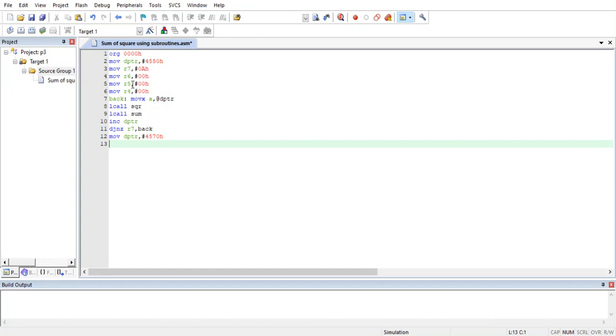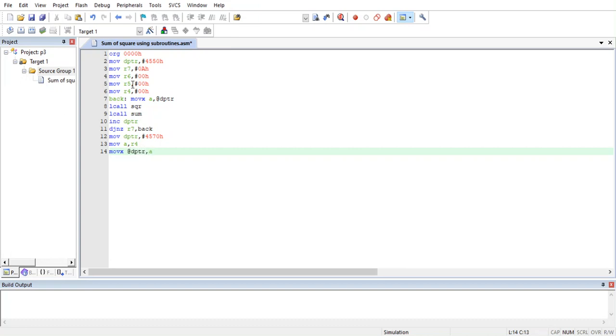Now let's store the highest byte at this particular memory location. It's your choice. You can either take the lowest byte and then the next byte and the third byte, or you can go in the reverse order. It's up to you. So let me take this as MOV A comma R4, which will have the highest byte after the execution of the program. And then I'll put it into the memory location 4570, so I'll give the instruction MOVX @DPTR comma A, which will put the highest byte stored in R4 into 4570.